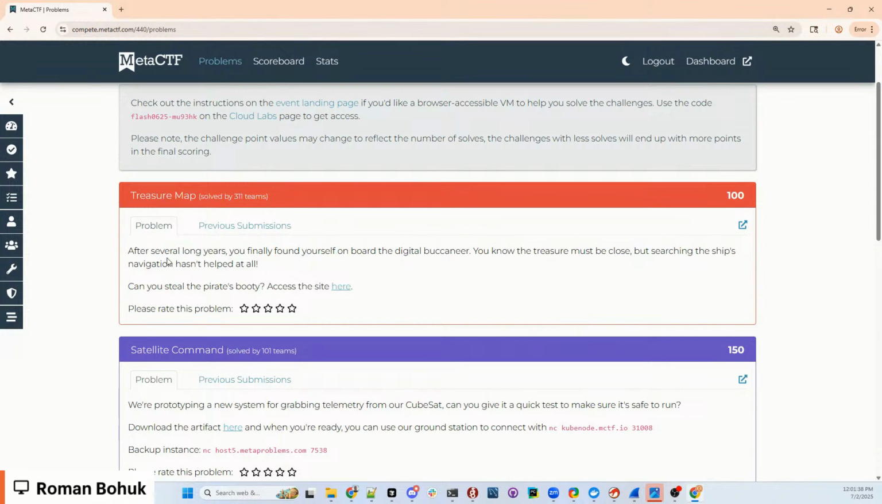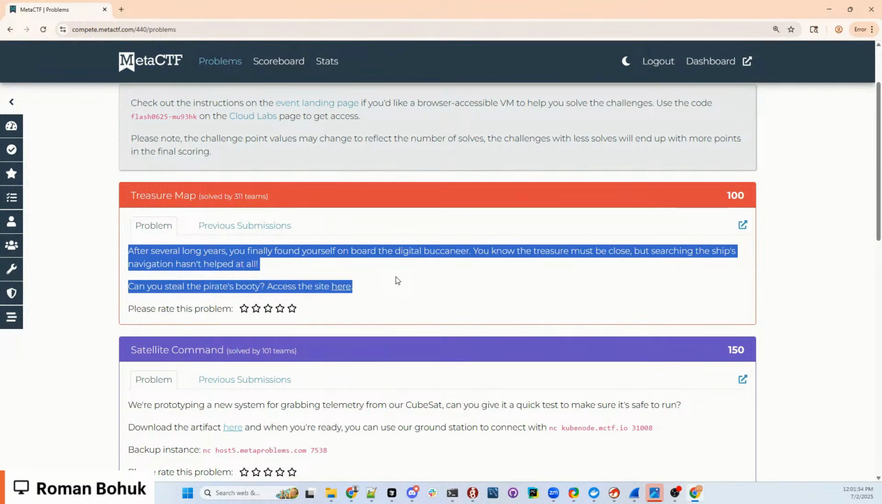It says, after several long years, you finally found yourself on board the digital buccaneer. You know the treasure must be close, but searching the ship's navigation hasn't helped at all. Can you steal the pirate's booty? Access the site here. So this doesn't really tell us exactly what the